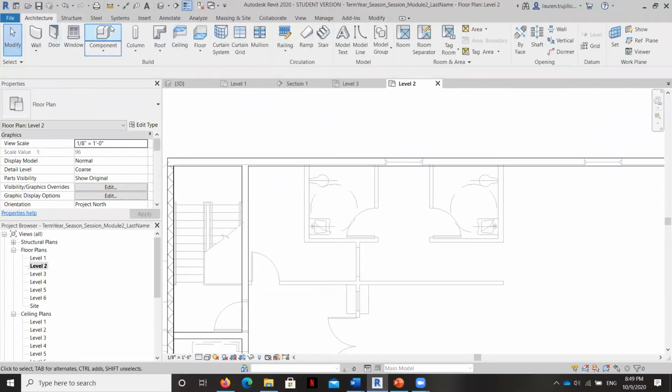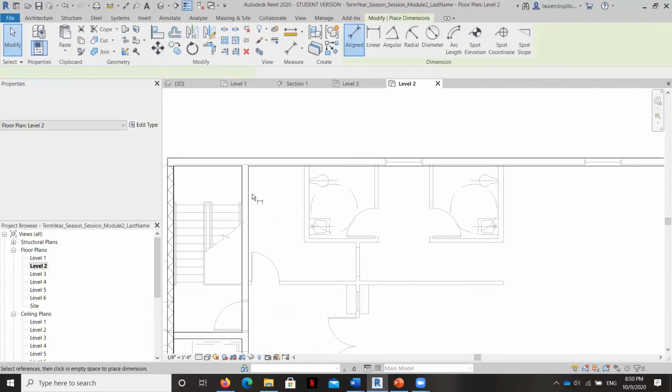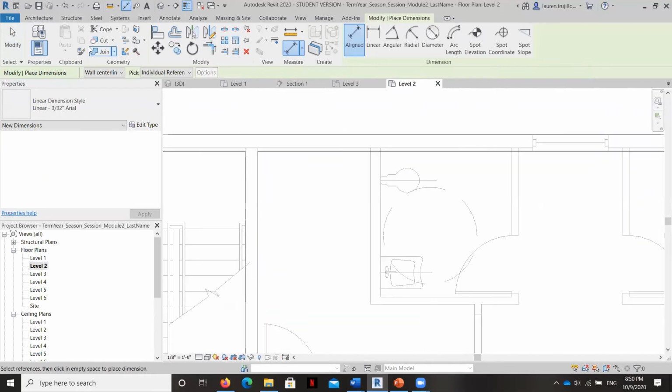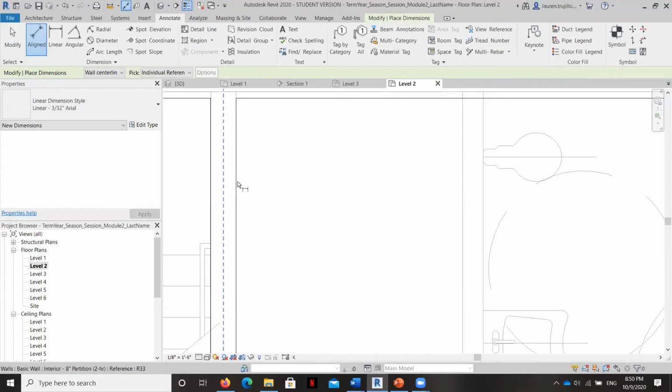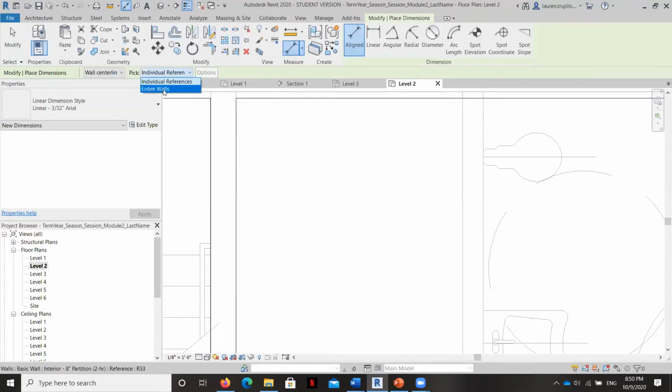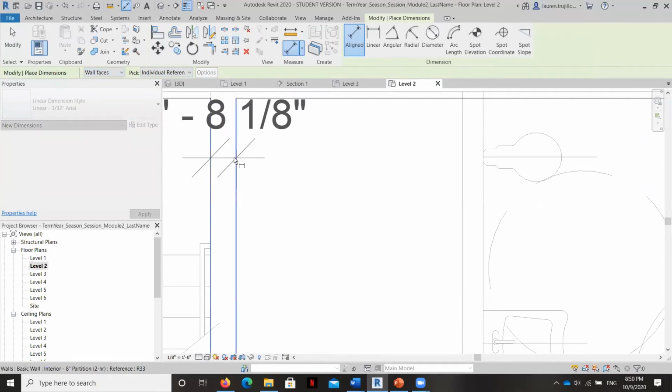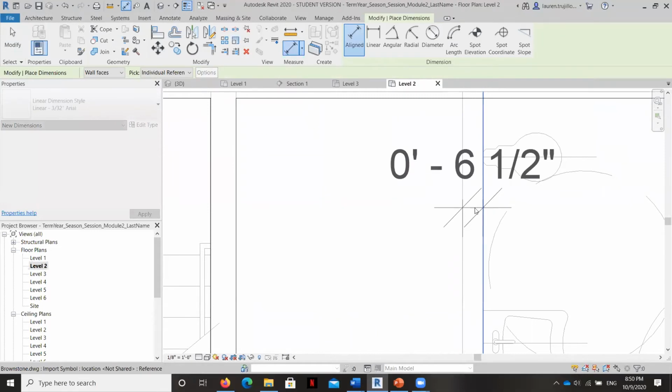And these were how thick again? Oops, this one. 6.5. Okay.